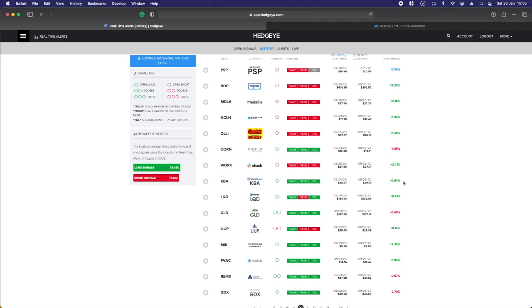Okay. The other part that people have to remember, and this is why everything fits together, is that people sometimes just want to pick real-time alerts. They're like, oh yeah, I just want the signaling part, I don't want the rest of it. But you have to remember something like